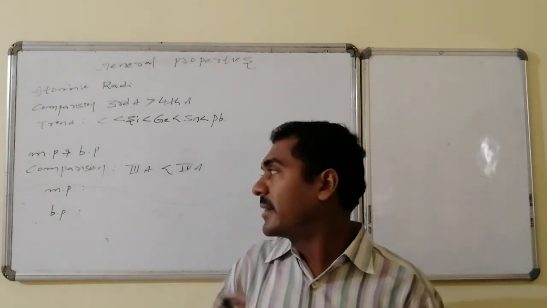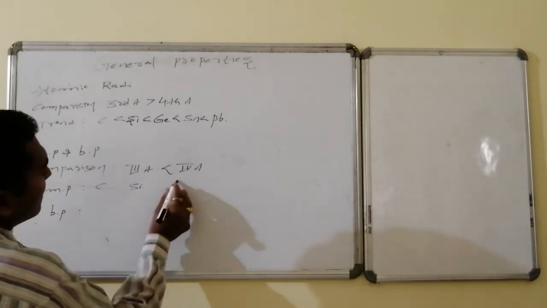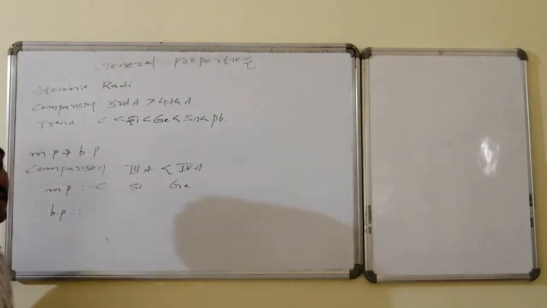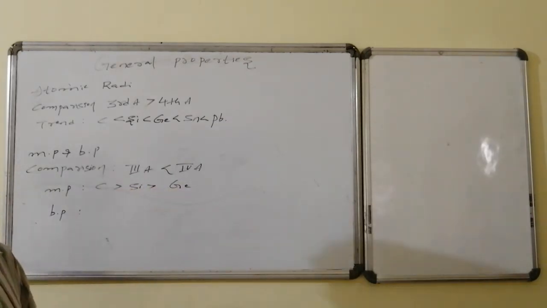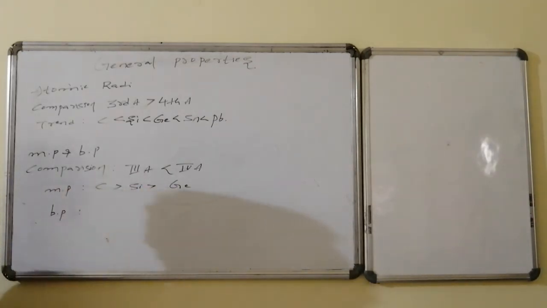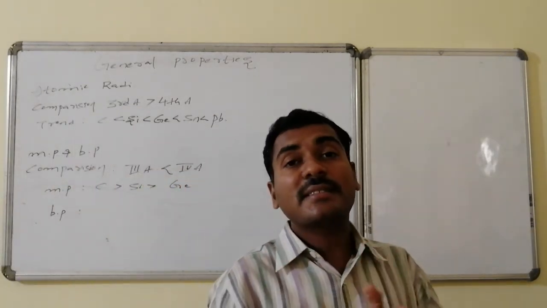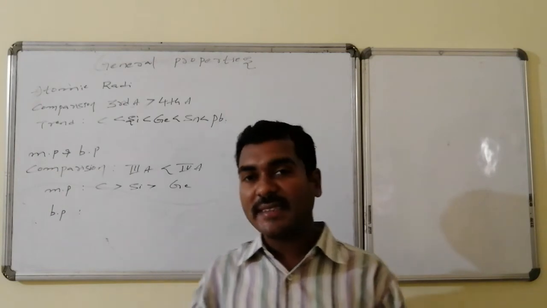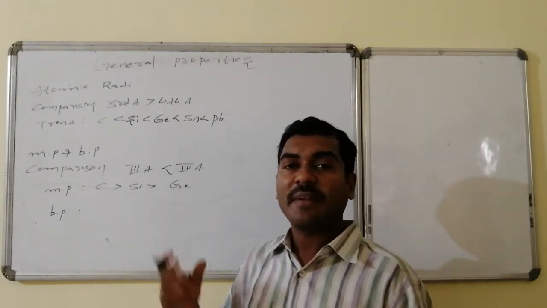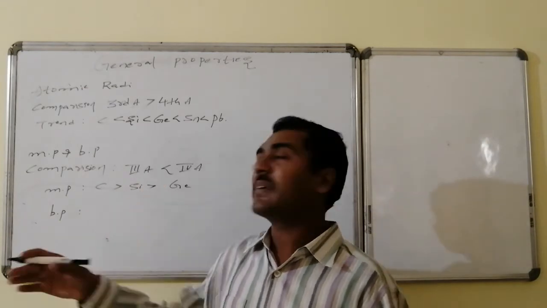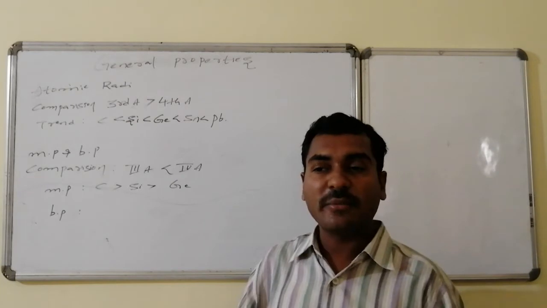So therefore the trend related to the melting point is carbon, silicon, germanium. Carbon is having higher melting point, silicon is having higher melting point compared to the others, and carbon maintains the highest melting point in the elemental situation. Here the discussion is related to the element, it is not for any of the compound. Carbon in elemental state is nothing but graphite. Graphite is having higher melting point compared to silicon, compared to germanium.